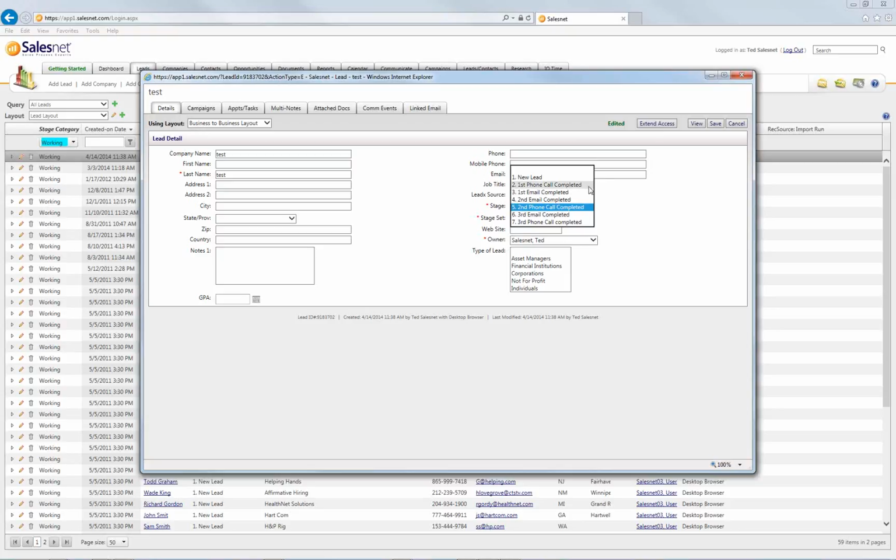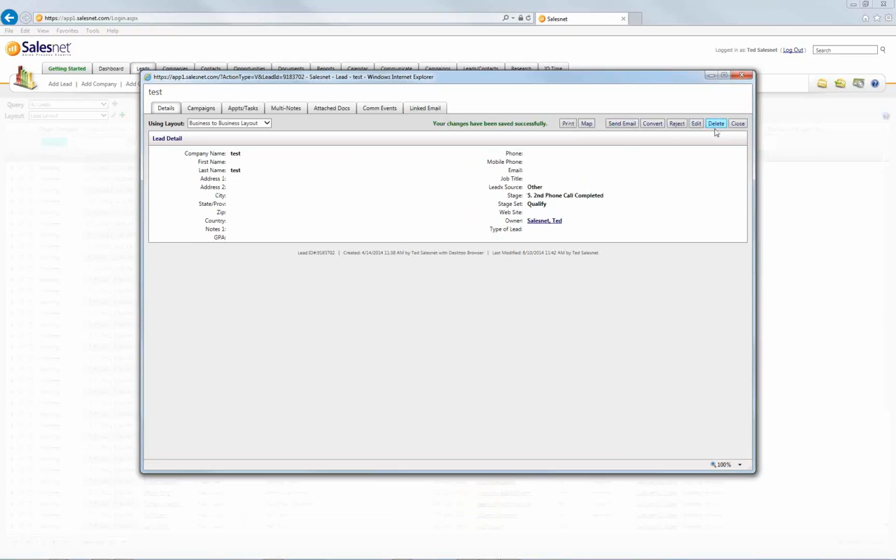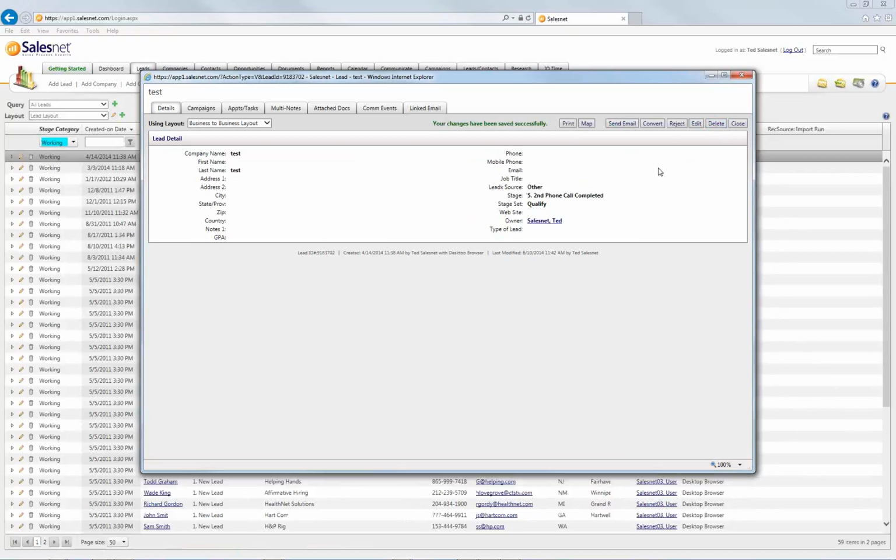Now, what you don't see here is converted and rejected stages, right? So where are those? Okay, those just can't be picked, okay, because converted and rejected, that has other implications. That means the record's been archived and other records have been created, or the record's been archived and it's no longer active. So you can't just pick one of those in a drop-down. Okay, I'm going to pick that new stage and save. So if I want to tap into the converted or the rejected stages, I actually have to convert or reject this record. So when I click reject,